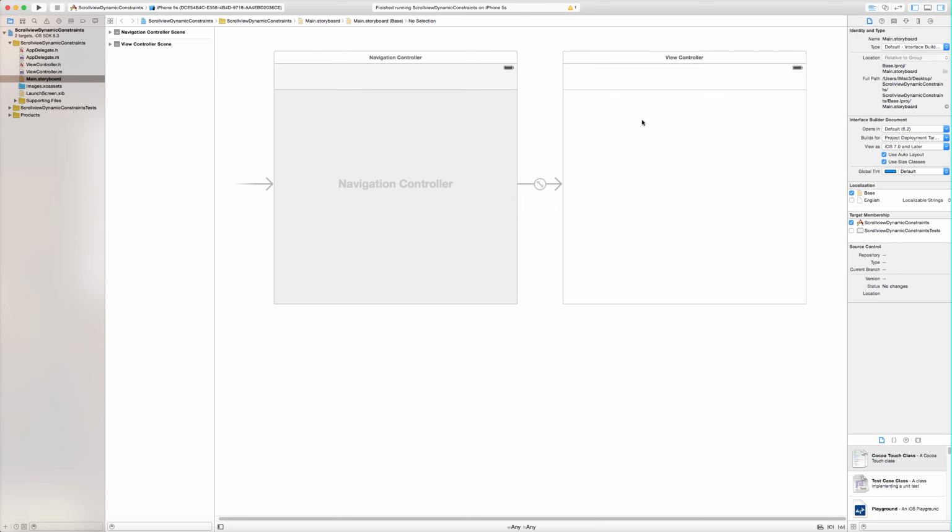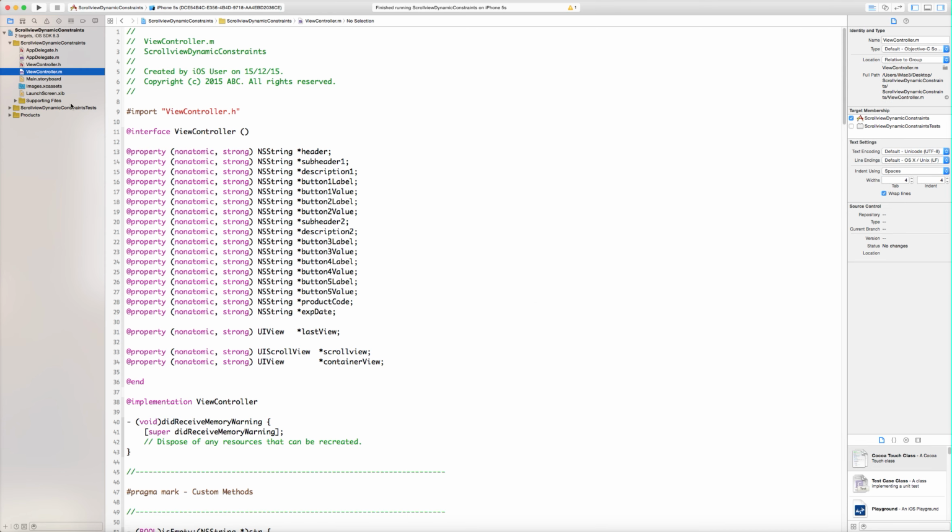So you can see that my storyboard is empty. I mean my view controller is empty. There is no control on this view, the view is empty. I have added all the controls like buttons, labels in this controller dynamically. So this is my storyboard, how it looks like. This is empty, and this is my view controller.